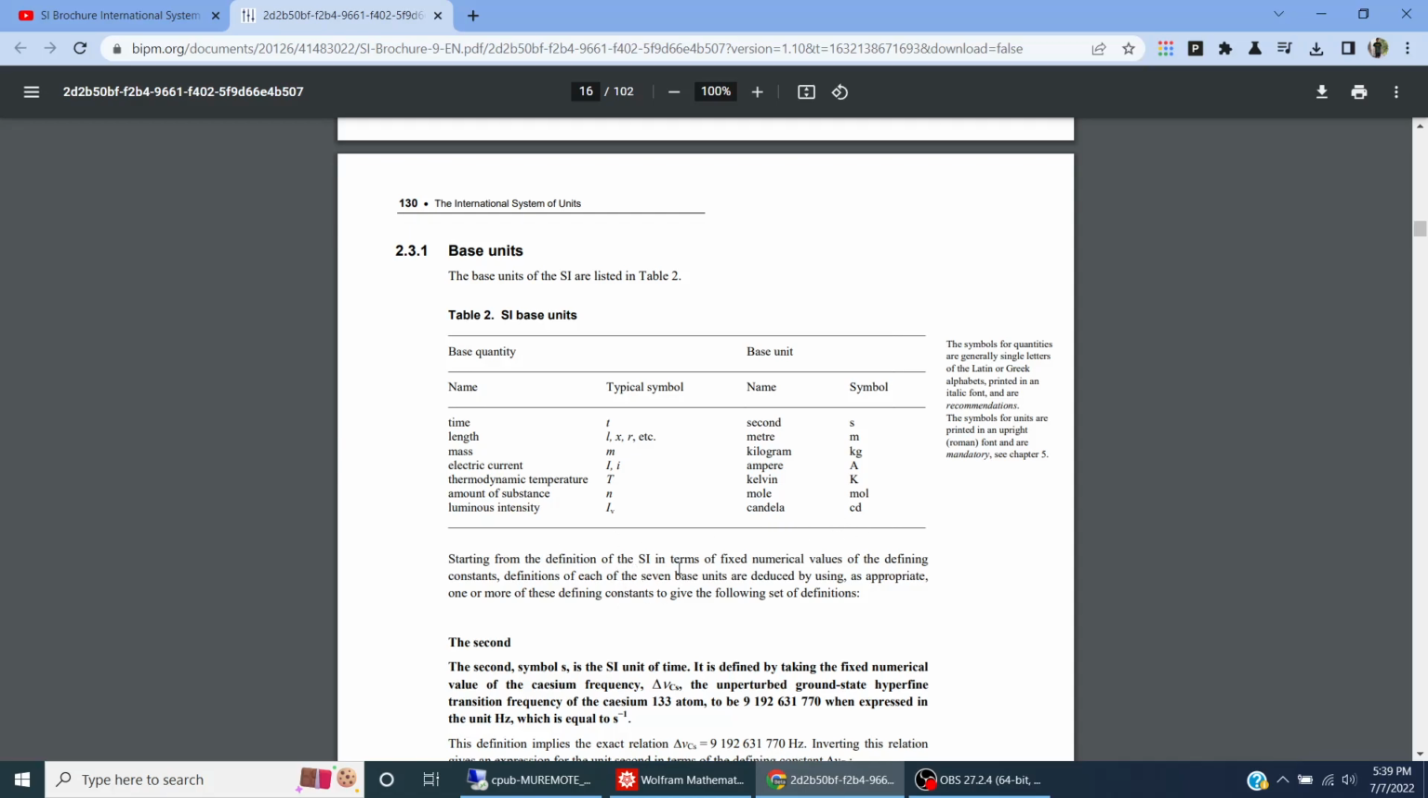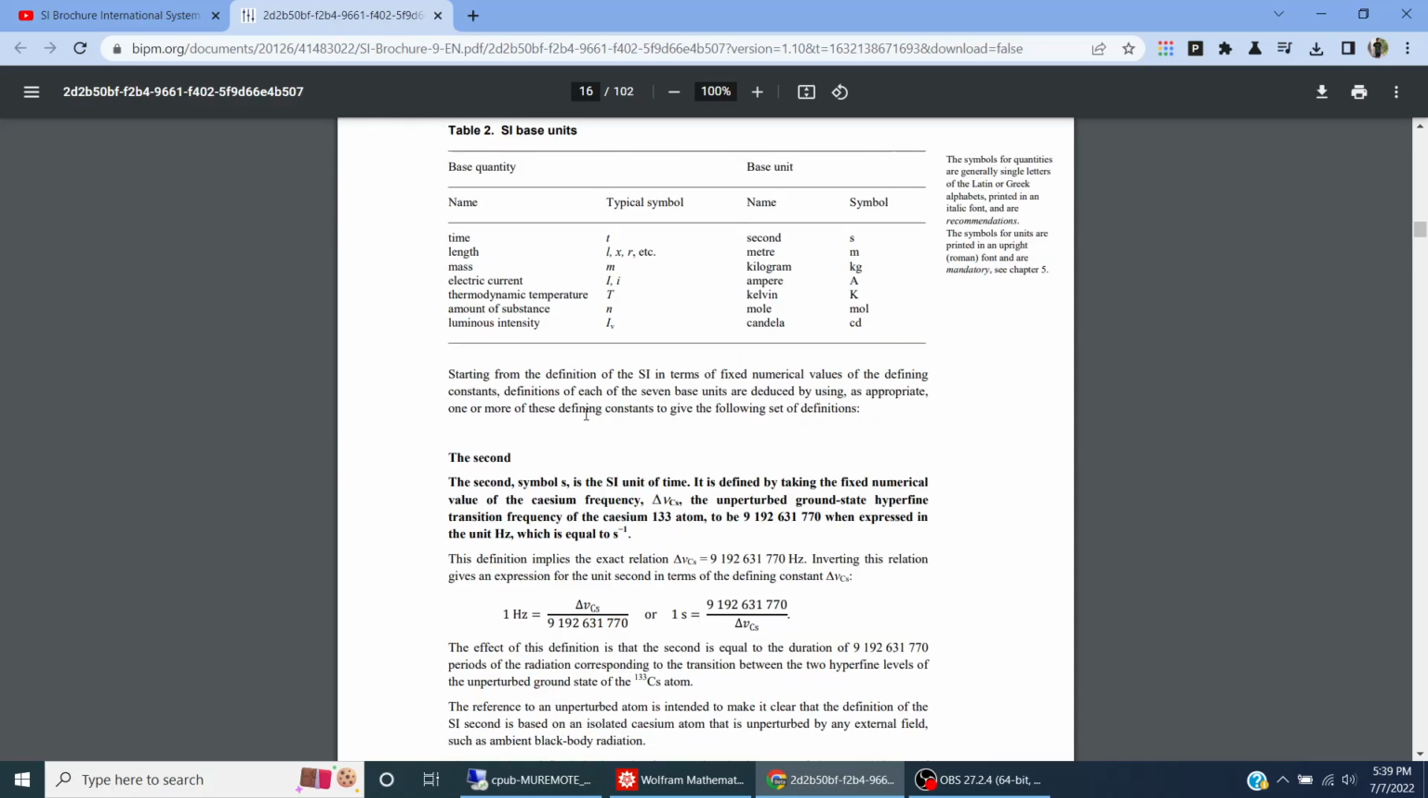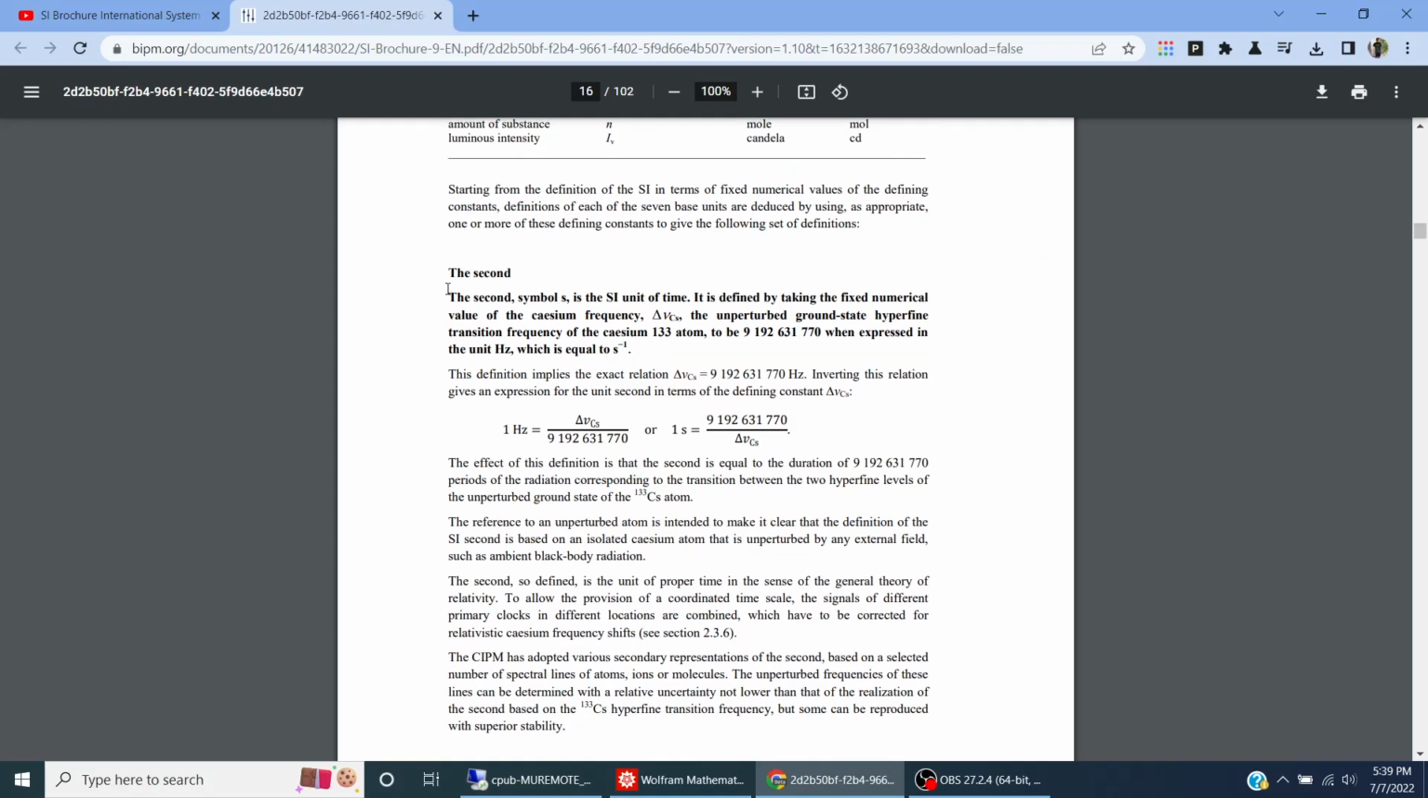Starting from the definition of the SI in terms of fixed numerical values of the defining constants, definitions of each of the 7 base units are deduced by using, as appropriate, one or more of these defining constants to give the following set of definitions. The second, symbol s, is the SI unit of time. It is defined by taking the fixed numerical value of the cesium frequency, delta nu sub capital C lowercase s,